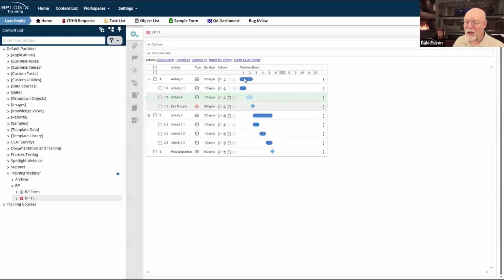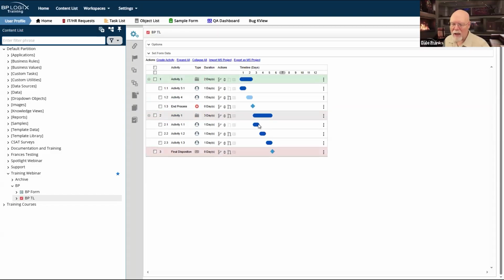Now, if this doesn't run, then I'm just going to skip all of this stuff, and I'm going to go straight here to this activity, and then that activity will invoke these 3 sub-activities, and then I will ultimately have my final disposition sent out to the end user. So use the end process activity type wisely, and don't stick it at the very end of a process timeline.